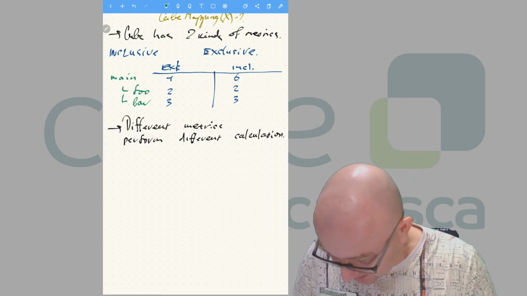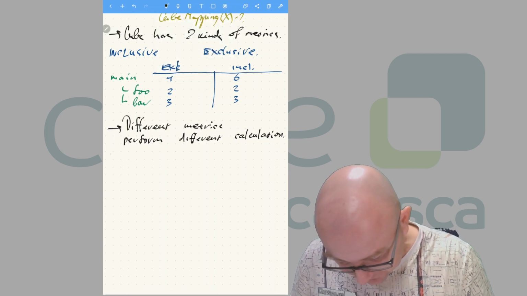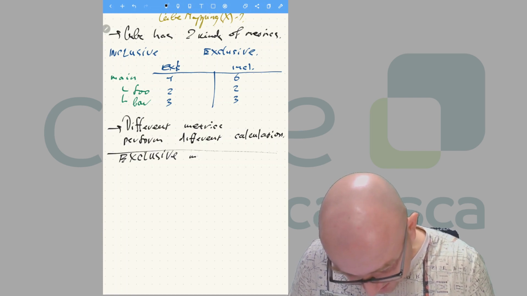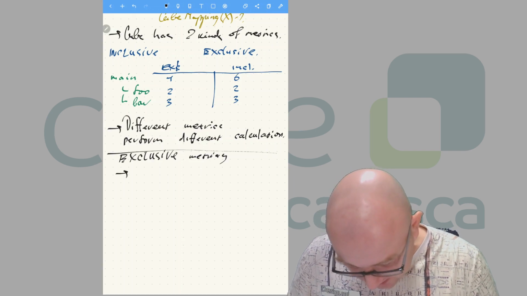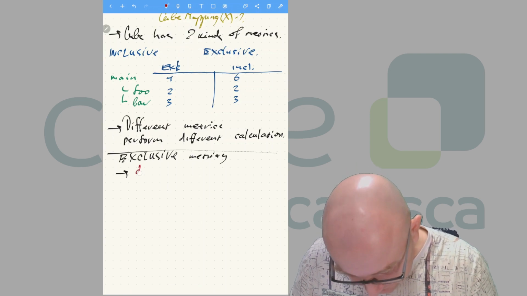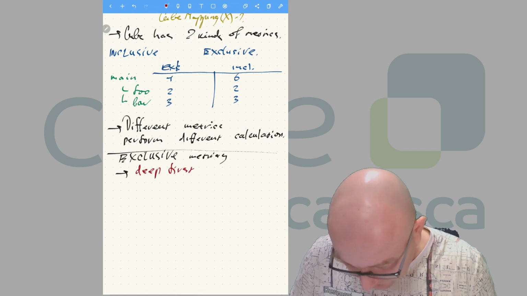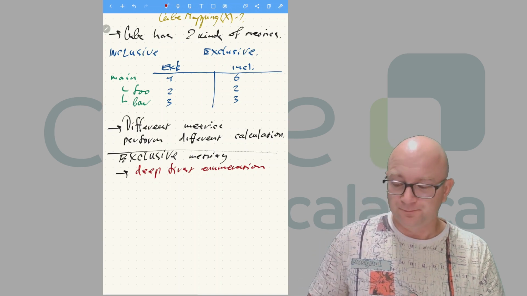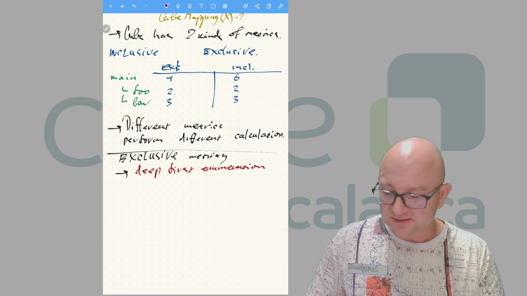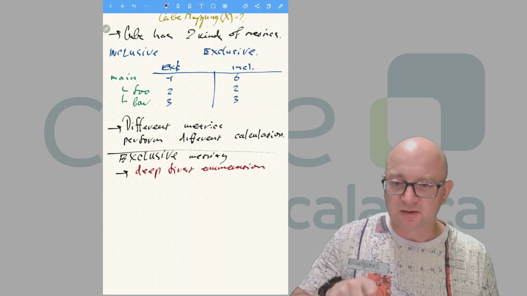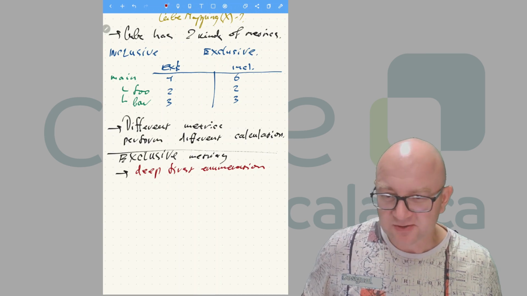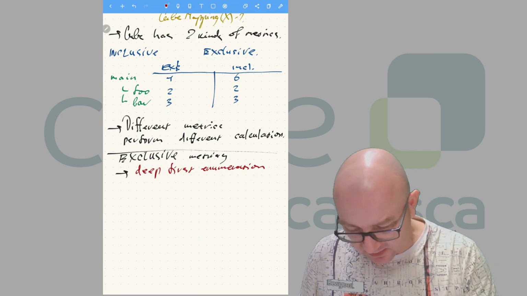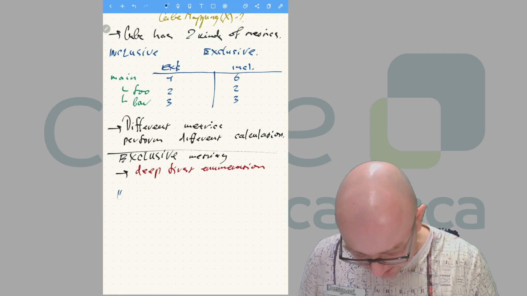So let's write down the exclusive metrics. Exclusive metrics require depth first enumeration, because we have to traverse the whole subtree all the way down to every child, every leaf, in order to sum up everything and get its inclusive value. And inclusive metric,